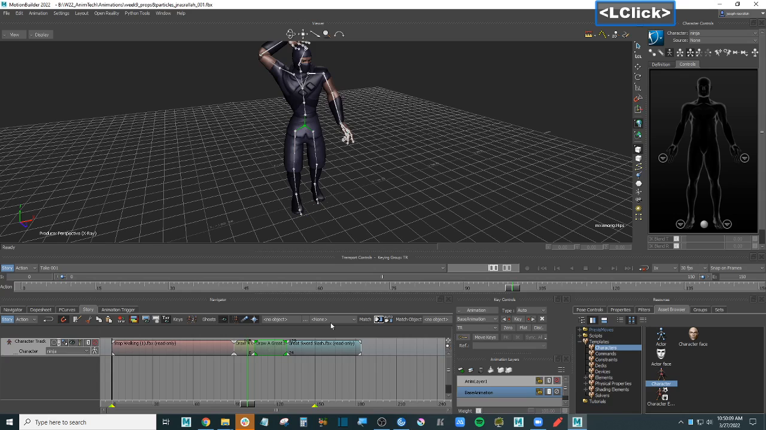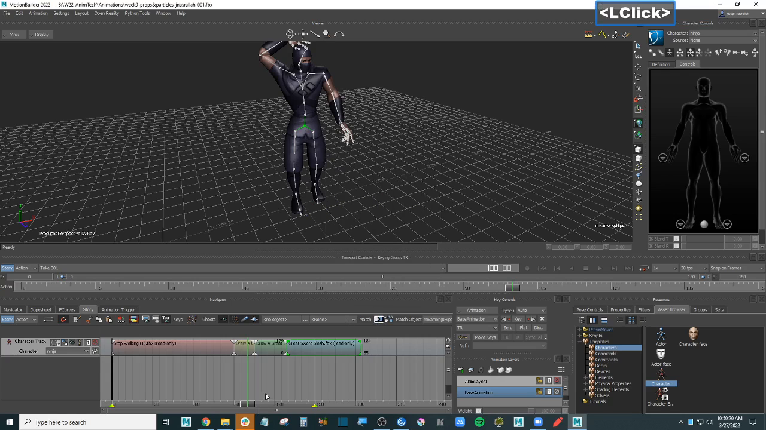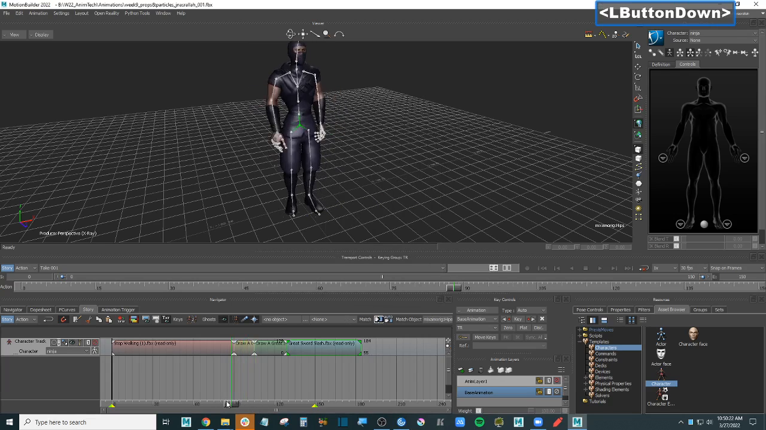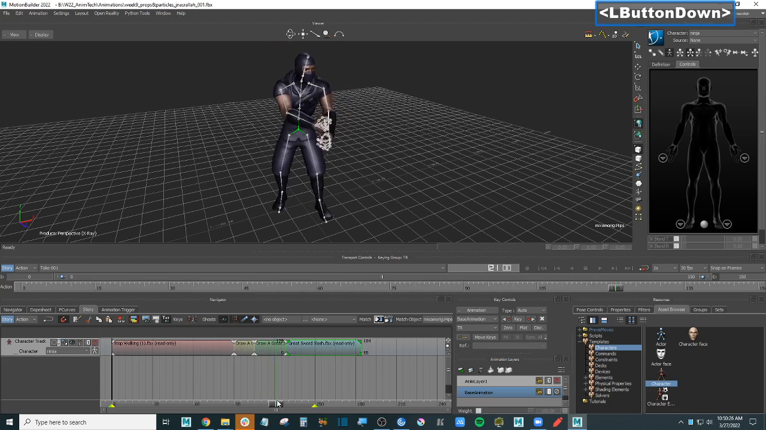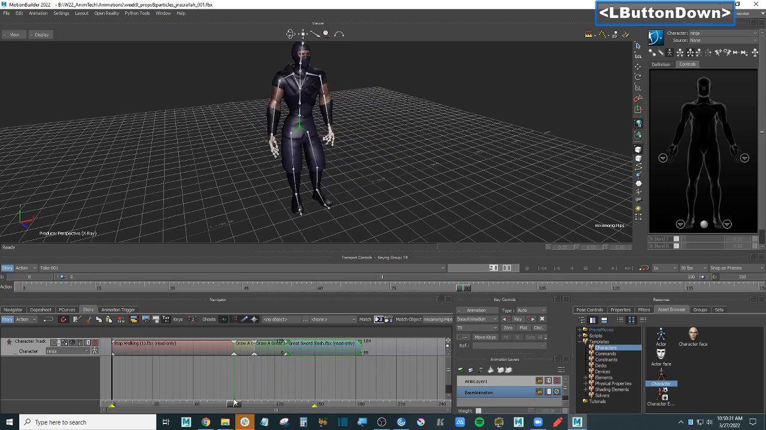So we can match this one now as well to previous. So you want to match to this clip. Same thing with this one. So now there should be no pop, right? See? It moves a little because the pose is a little bit different, but we can easily fix that. See? Everything flows now. So to fix that